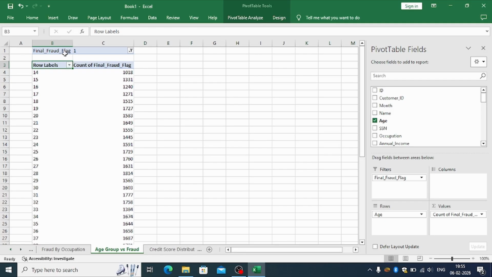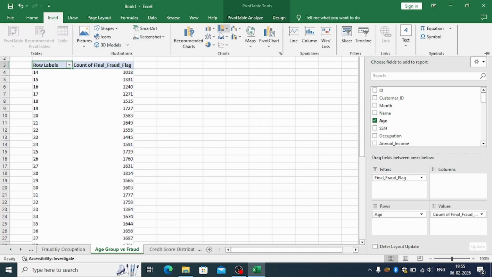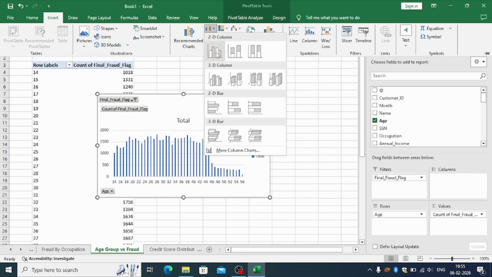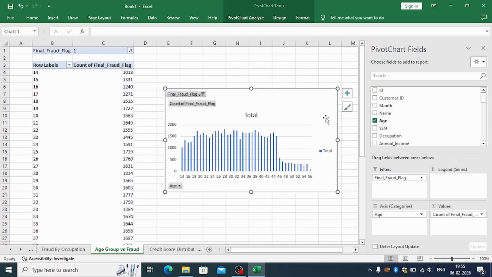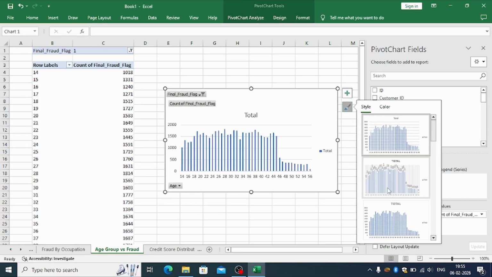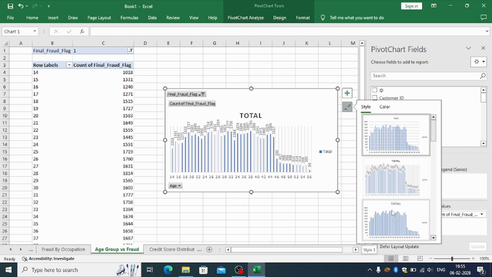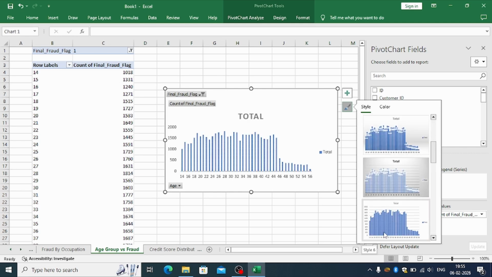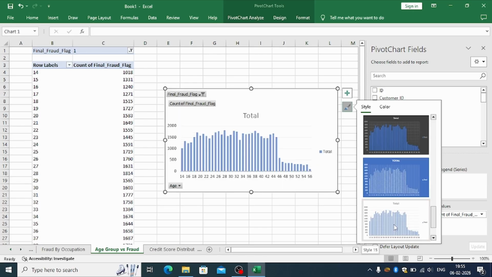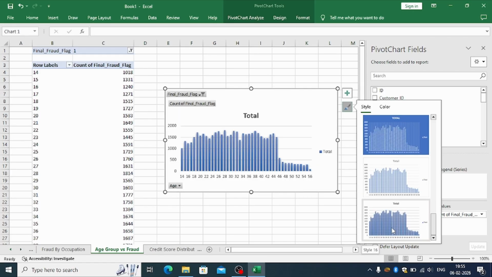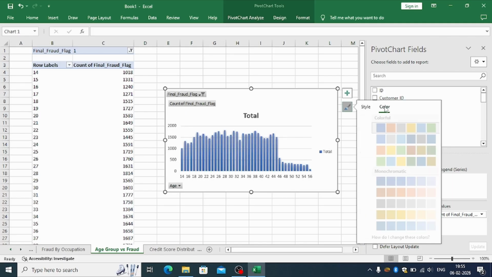For age group versus fraud, we will use a column chart. Age group. Okay. Yes, we can use a column chart. We will change it. Style. We can style it like this also, like this also. I think this looks good. This looks good. Color we will take